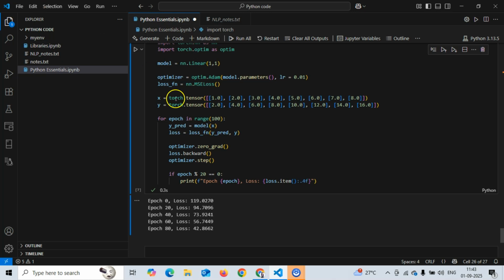This is the 80th epoch. We are running till 100, so we still have the last 20 epochs remaining. We haven't printed those, but we still have them. Because of that, you still keep minimizing your loss. So in every loop, we are minimizing the loss function. In every loop, we are optimizing the weights in an appropriate way, minimizing the error that is possible. So in every loop, we minimize it by using the optimizer.